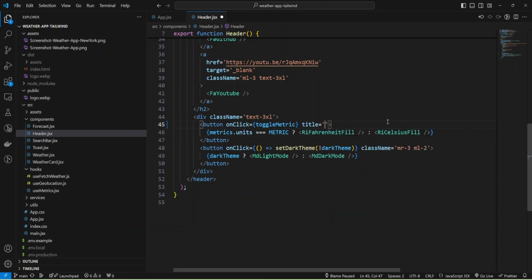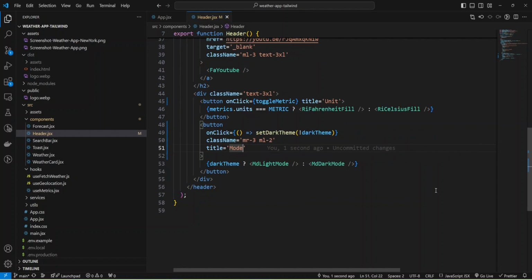Now I'm going to provide a title for my button. The title will be units, or just unit. And I have a button for mode, and I'll provide a title and make it mode. Okay, and let's check what I have.